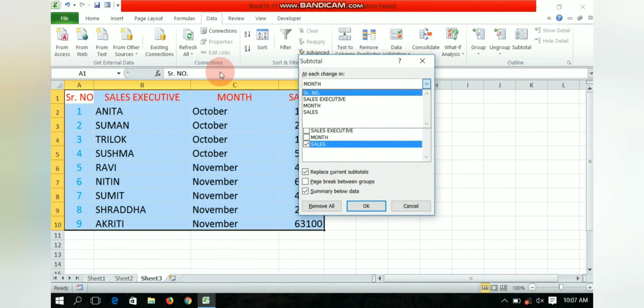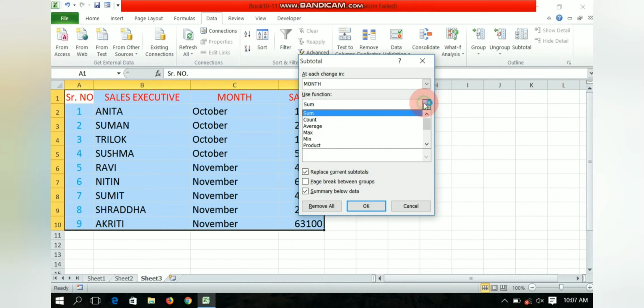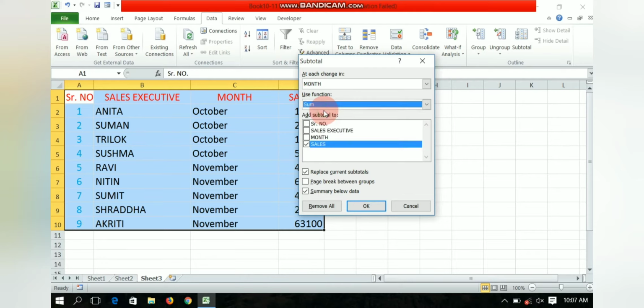Here we have 4 headings, so we will choose month out of that, and in the use function option we will choose sum from the drop down list, and we will click on the checkbox for sales. After that we will click on OK.